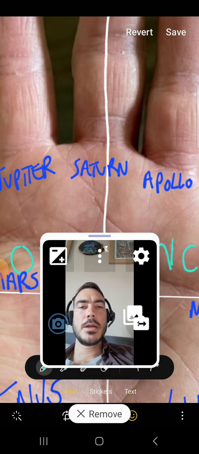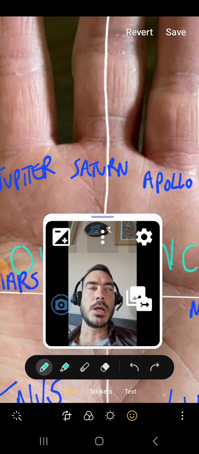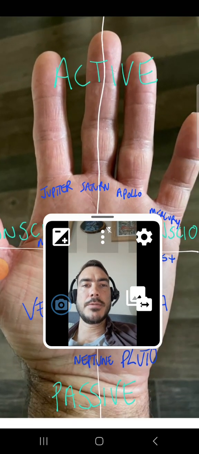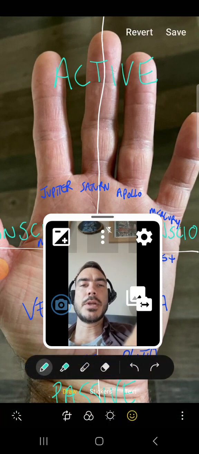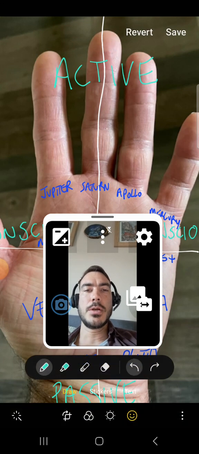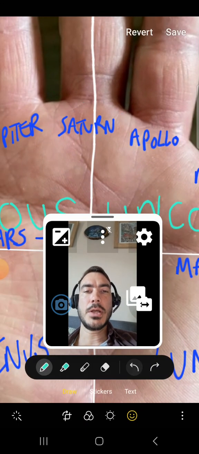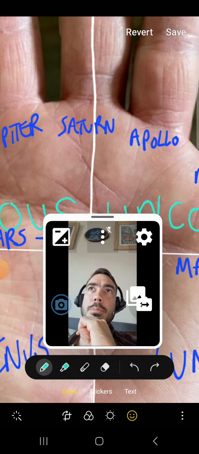But then sometimes you might see someone with a bit of inner conflict, especially if they have, for example, and again we don't have that here, a short Saturn finger and an overdeveloped Saturn mount, you're looking at someone that is potentially